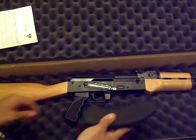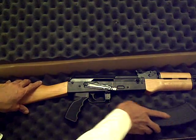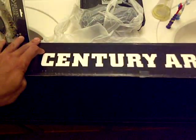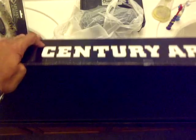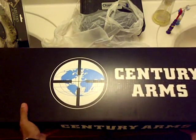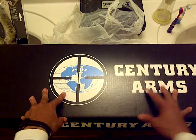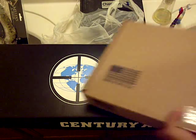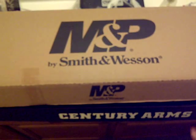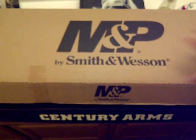So my 2 rifles, very excited. I'm glad I'm back in Texas where I can just go ahead and buy 2 rifles and a pistol all at the same place, all in the same day, and basically walk out with it. They even asked me if I needed some ammo, which I don't need right now. I just want to make sure that the stores had this. Not only do they have it, although they didn't display it, they also are selling them as well. So yes, they are selling them. They may not have it on display. I got them at Academy, and